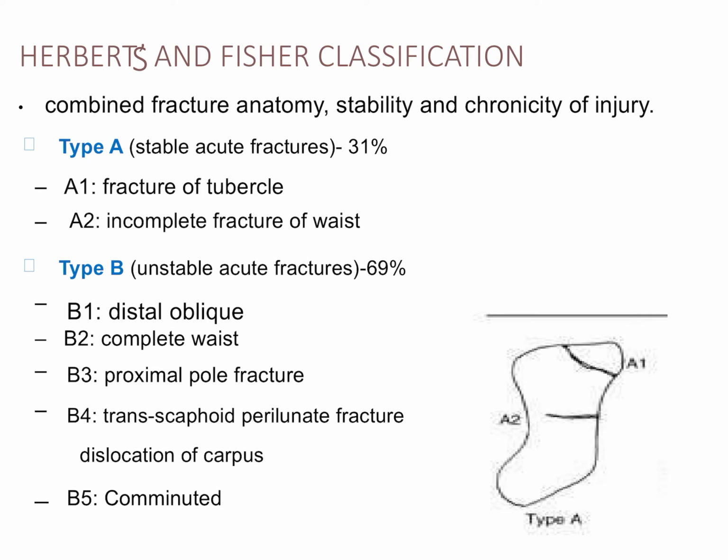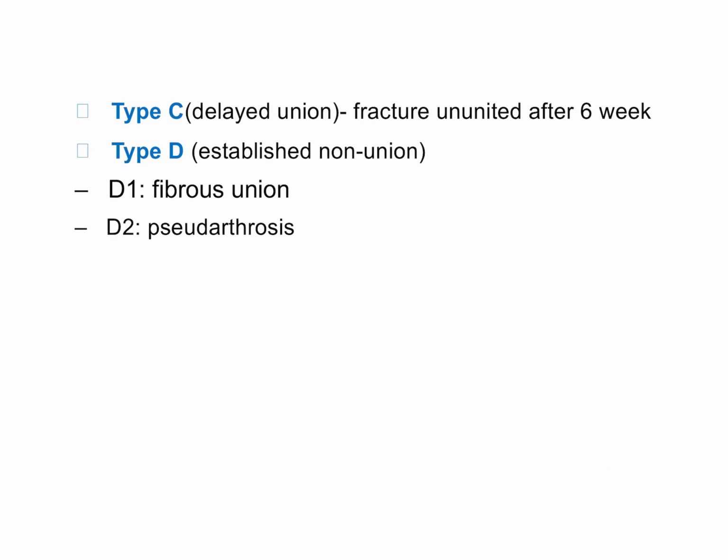Type B is an unstable acute fracture in 69%. B1 is distal oblique fracture. Complete waist fracture is B2, while B3 is proximal pole fracture and transscaphoid perilunate fracture dislocation of the carpus is B4, while B5 is the comminuted fracture. Type C is the fracture ununited after 6 weeks. Type D is the established non-union. D1 is a fibrous union and D2 is the